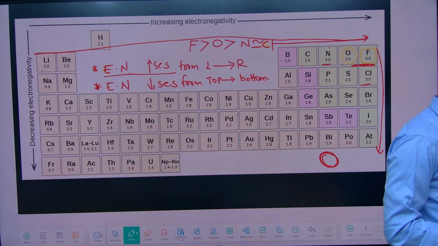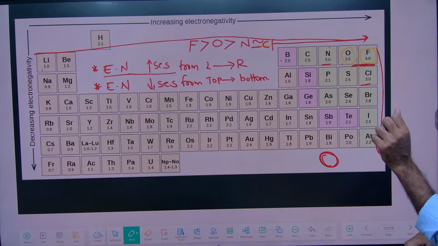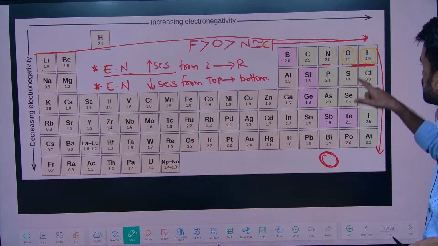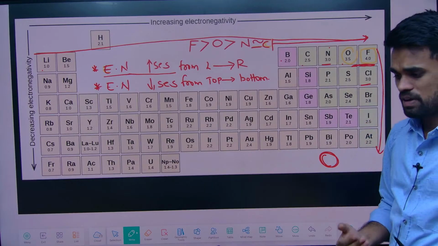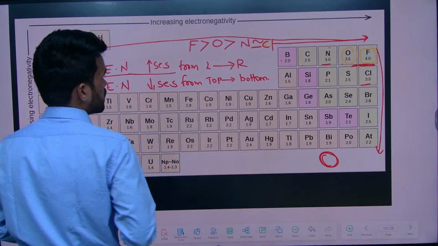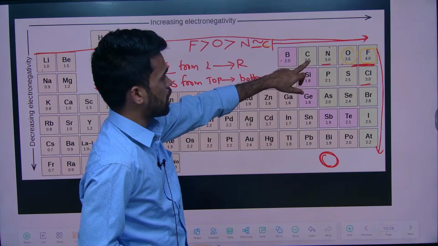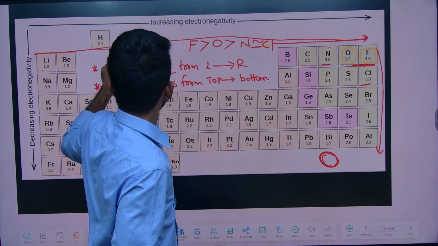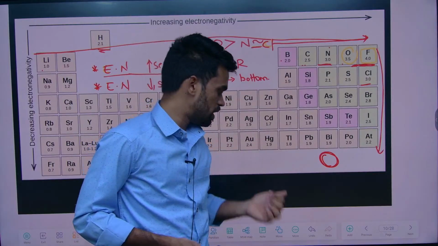Take a screenshot of this and try to remember a few electronegativity values like fluorine, oxygen, nitrogen, because these elements we will be using most of the time, and in most of our classes we will be coming across these elements. So try to remember their electronegativity values also. For carbon 2.5, hydrogen 2.1, nitrogen 3.0, like this. Now one more thing, if you observe,